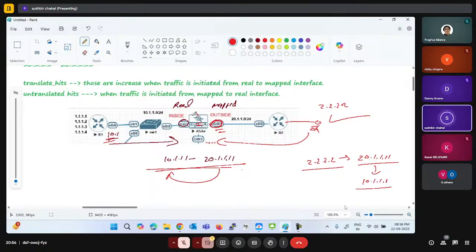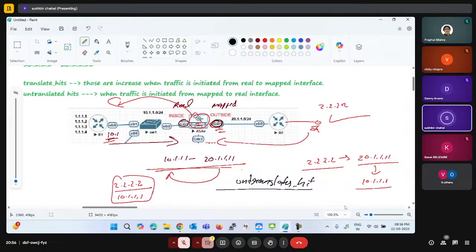So that means when the firewall is sending data to the real device, like 2.2.2.2 is sending data to 10.1.1.1, right? So this time your mapped interface is translating the data. That is known as untranslate hits. Untranslate hits means traffic is initiated from outside, or you can say the mapped interface, and sent to your real network or real